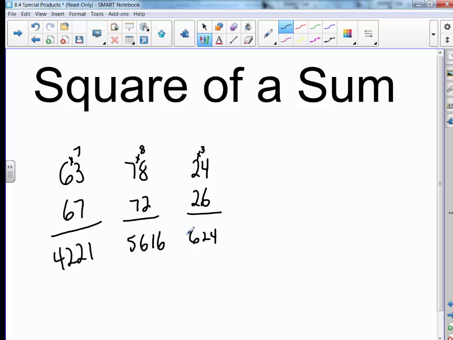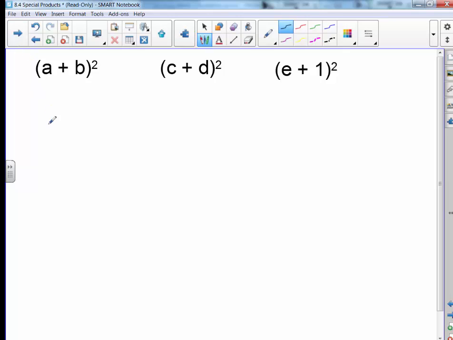Well, we're going to be doing the same type of thing with polynomials. Somebody has done this enough times, and they noticed there was a pattern, and because of that pattern, some shortcuts were developed. First one we're going to do is the square of a sum. All right, a plus b squared. That's a plus b